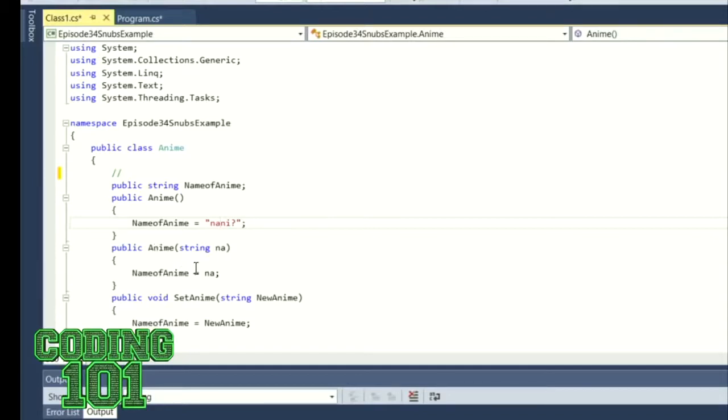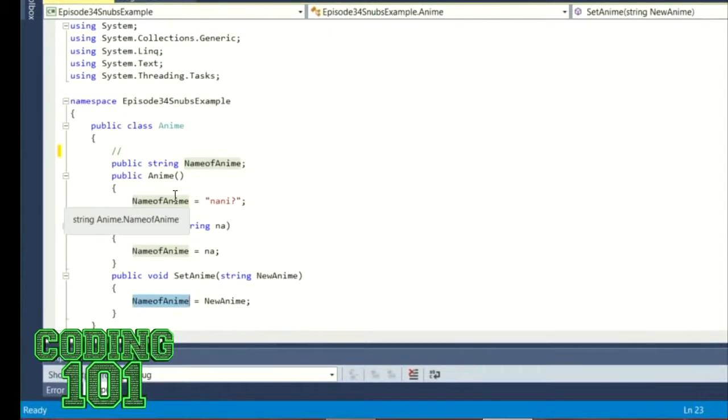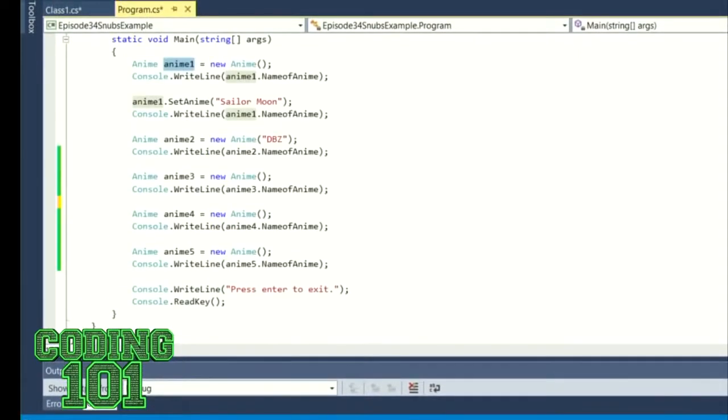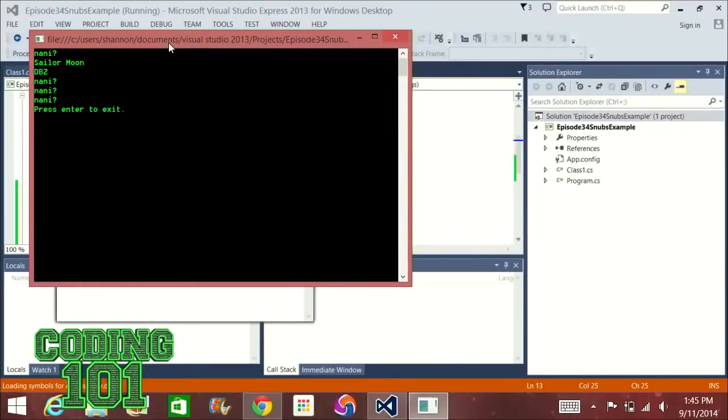And then here I have a conjugation, I think it's called. And under that, I have set anime, where you can actually add a name of the anime. So this is where this comes into play. Now, if I go ahead and build this file, so I'll build a solution and hit start, you'll see that